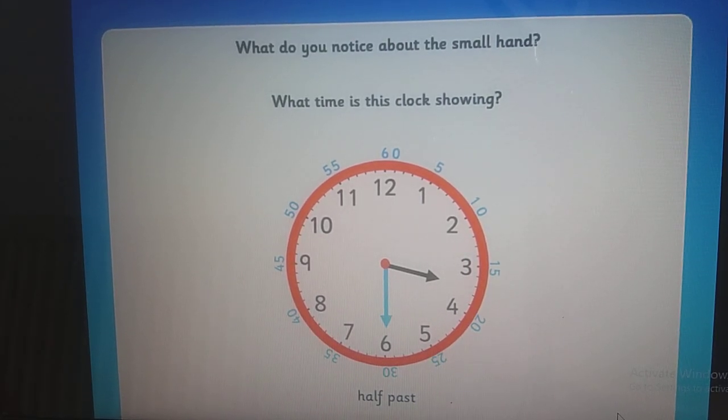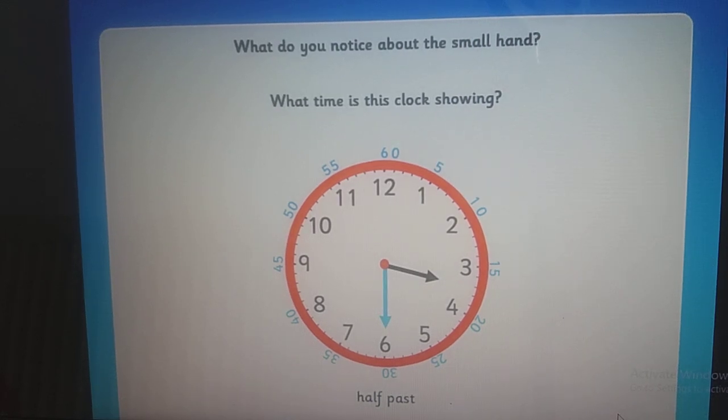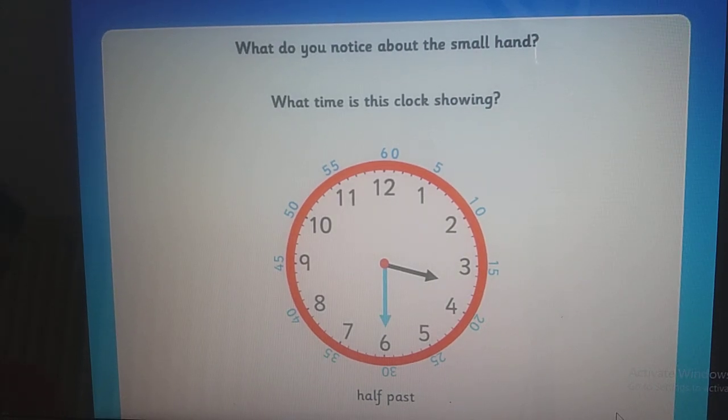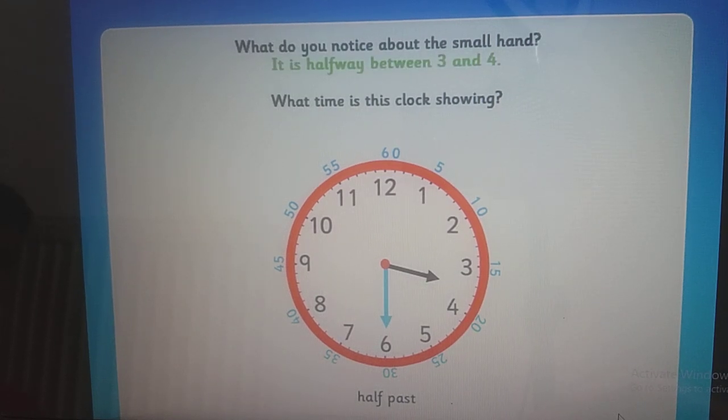What time is this clock showing? First you have to tell me what time it is, then tell me what you have seen about the time. It is 3:30. Yes, 3:30. Do you notice anything about the small hand? Once the big hand goes around half the clock, it's half past. As the big hand is on 6, the short hand is in between 3 and 4. It is halfway between 3 and 4. And the time is